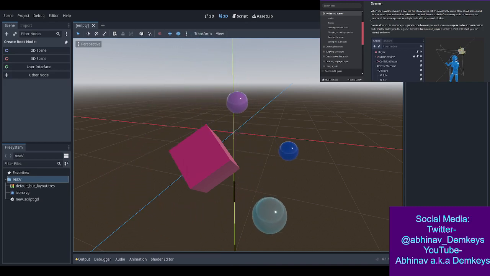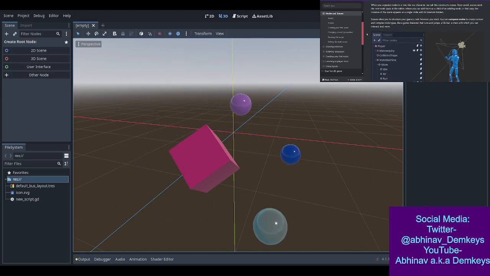Okay, cool. So, scenes. When you organize nodes in a tree, like our character, we call this construct a scene. Once saved, scenes work like new node types in the editor, where you can add them as a child of an existing node. In that case, the instance of the scene appears as a single node with its internals hidden. So this is interesting. I'm slowly starting to connect the dots on how things work in this engine, because it's kind of different. The only point of reference I have is Unity, and